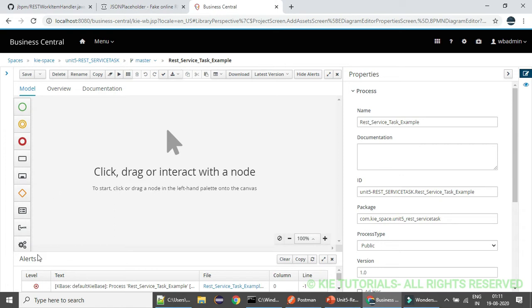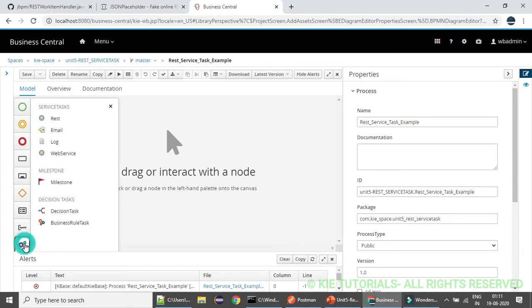Those components are present under the service task section, like the REST service task, email and log, and web service task for SOAP based web services. The milestone, decision task and business rule tasks are for case management. That part will be covered as part of the case management. But now we'll concentrate on the REST service task.